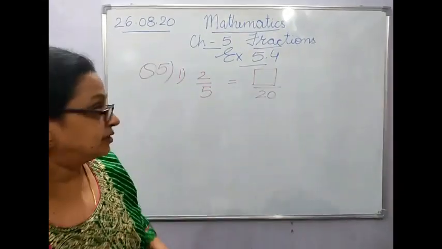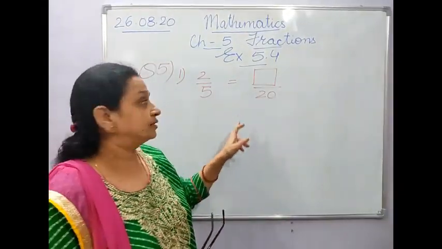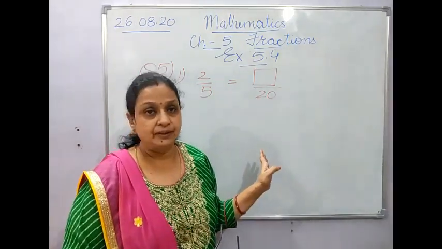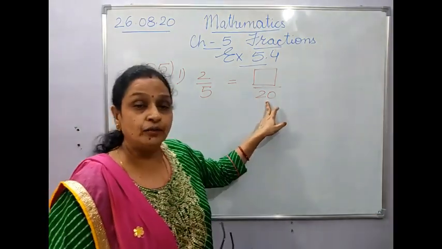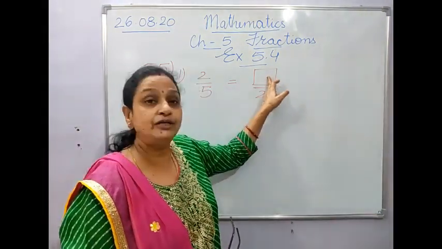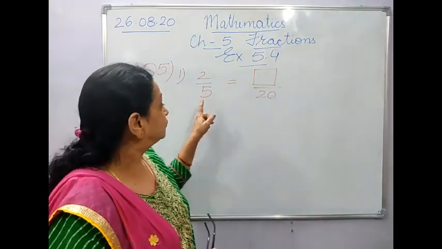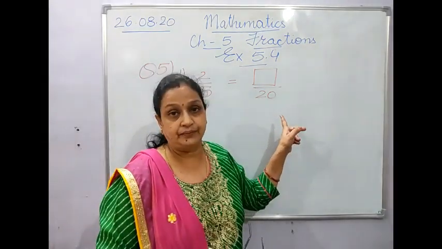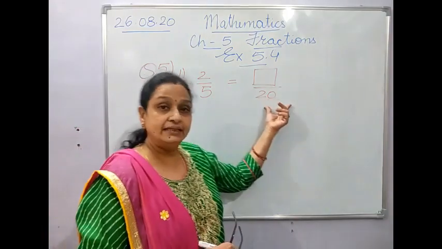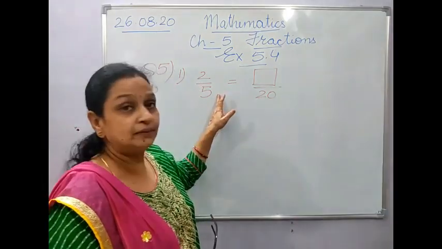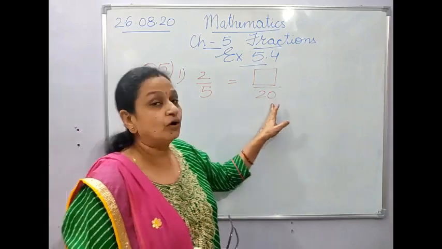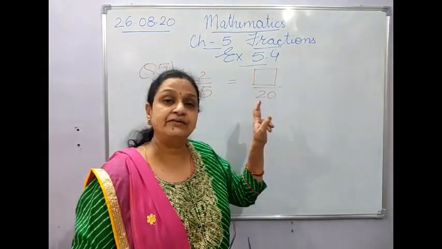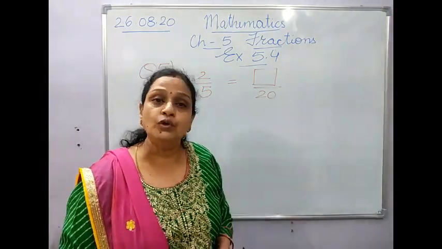Okay. Now see here, children. I told you in equivalent fraction we multiply the numerator and the denominator with the same number. Now in this, 20 denominator in the answer is given and you have to find the numerator. So what you will do, you will search that in table of 5 where does this 20 come. Because this number is smaller than this. This is bigger. That means you have multiplied this by something by which you have got the answer 20. Could you get it? So 5 1s are 5, 5 2s are 10, 5 3s are 15, 5 4s are 20.